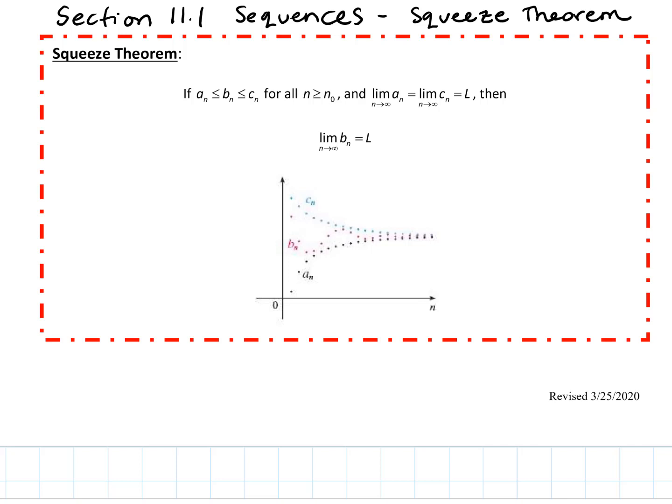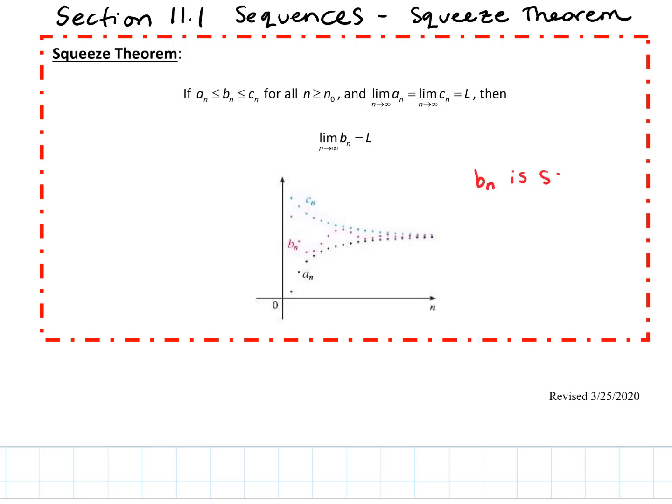For the last portion of 11.1 sequences, we have a theorem called the squeeze theorem. The squeeze theorem says that if we had three sequences, a sub n, b sub n, and c sub n, and at some point a sub n was always less than or equal to b sub n, which was less than or equal to c sub n. So what we're actually saying here is that b sub n